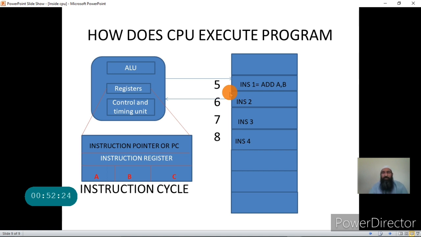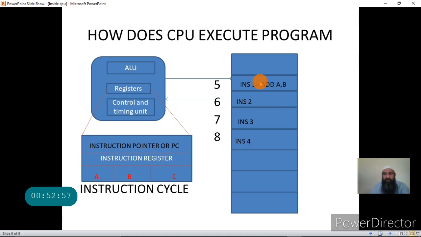Now let us see how the CPU executes a program. Let us suppose I have a program here. Now the program is to be stored in a memory. This is actually the diagram where I have stored an example program. The program need not necessarily start from location 0. It can start at any location. I have started it from location 5, and that program has 4 instructions. Once the CPU finishes the execution of the 4 instructions, we say that the program is executed.